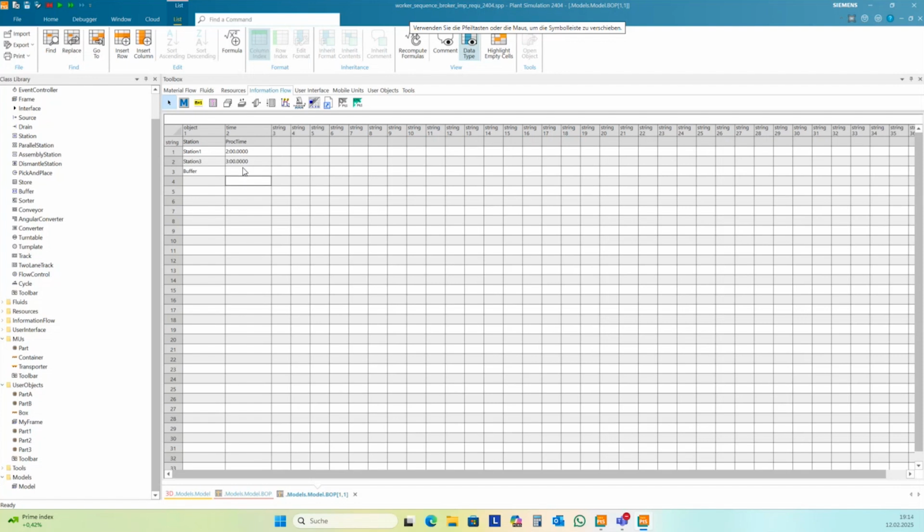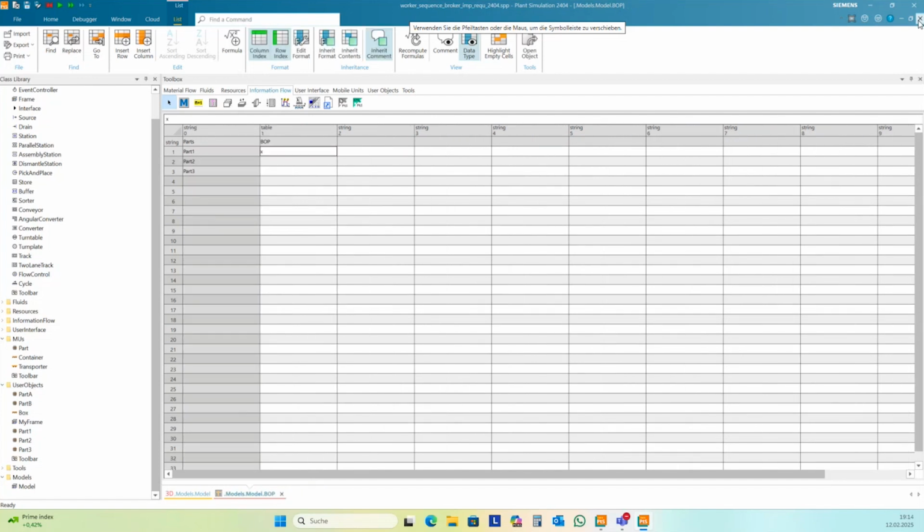And here we don't need proc time. And so I can create a bill of process. We need to create a bill of process for each part. So we can copy, for instance, this here.